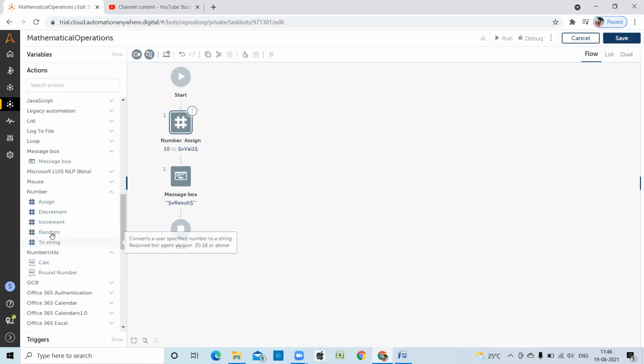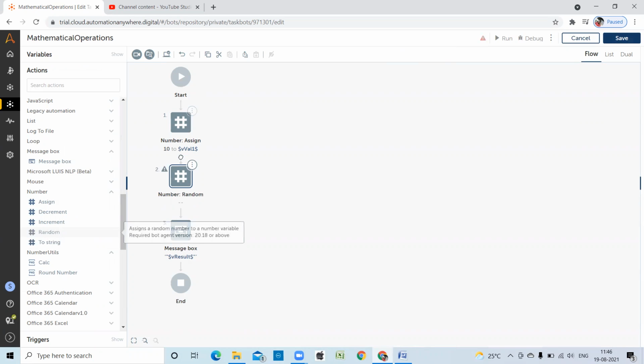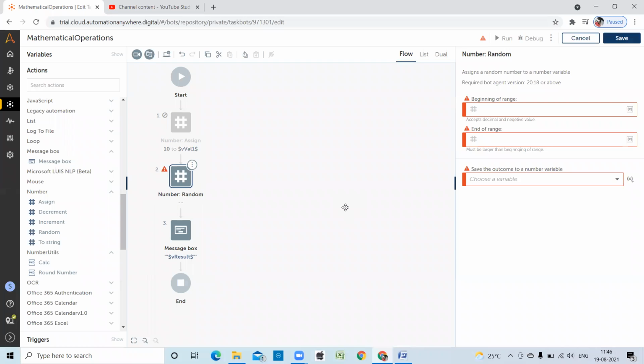I'm going to do random. I'm just disabling this command, disable action, so it won't execute. Random: if I enter a range of values here, every time I run the bot it displays one random value.